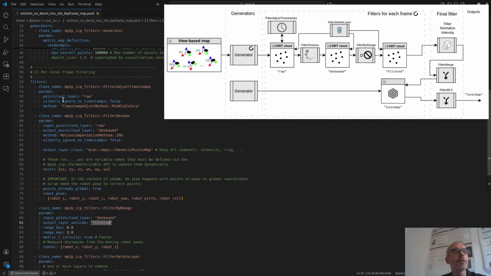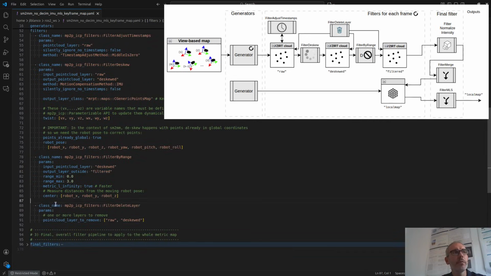And at the end of each keyframe, I want to delete the layers raw and deskewed. Otherwise, data will keep accumulating there. Notice that I have not removed or deleted filtered. So in the filtered layer, we will have an accumulation of points from all the different keyframes.